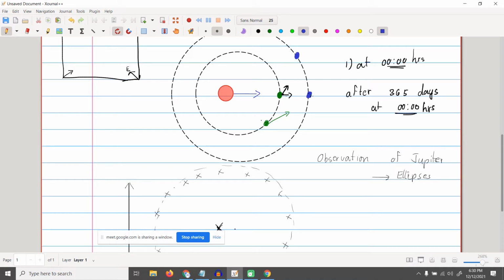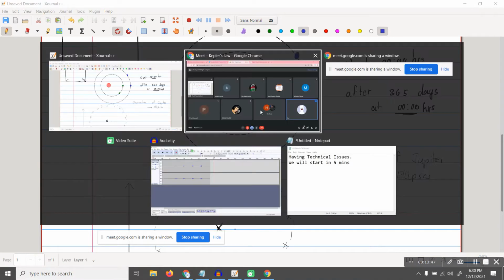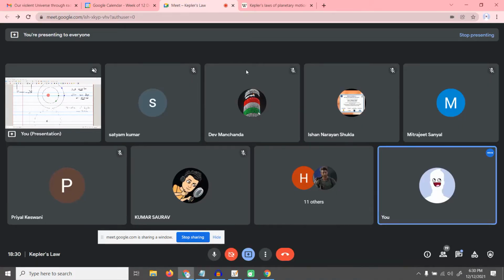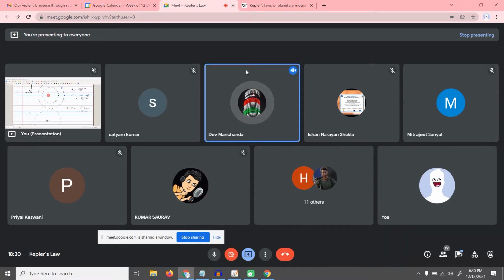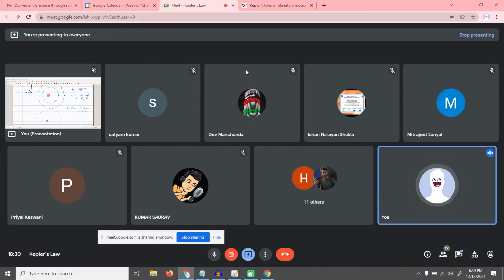Think about these problems, okay? Like how would you go about solving this? Your measurements you can only do from Earth. Let's look at the simplest one, like how would you measure Jupiter's distance from the Earth? From the Earth or from the sun? From the Earth. Let's start with Earth because you're on the Earth, you're doing a measurement from the Earth. You need to find the distance of Jupiter from Earth. Once you do that, the second problem is quite easy.